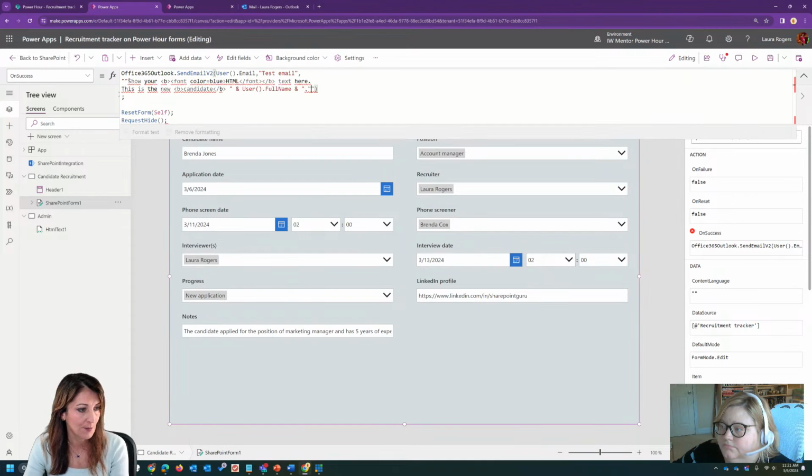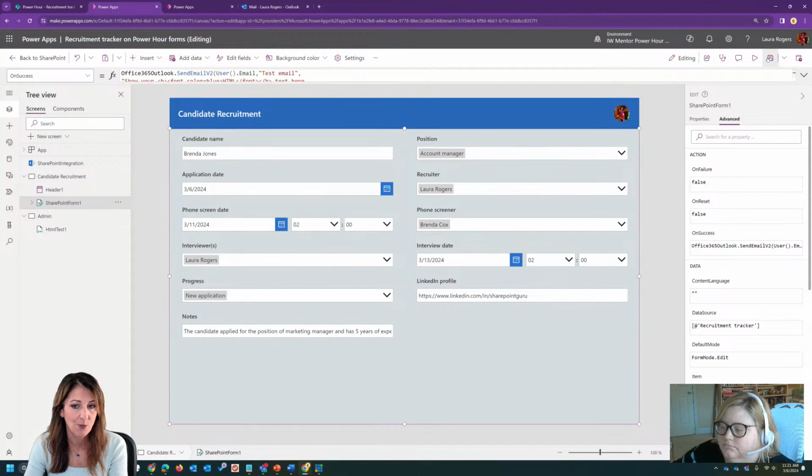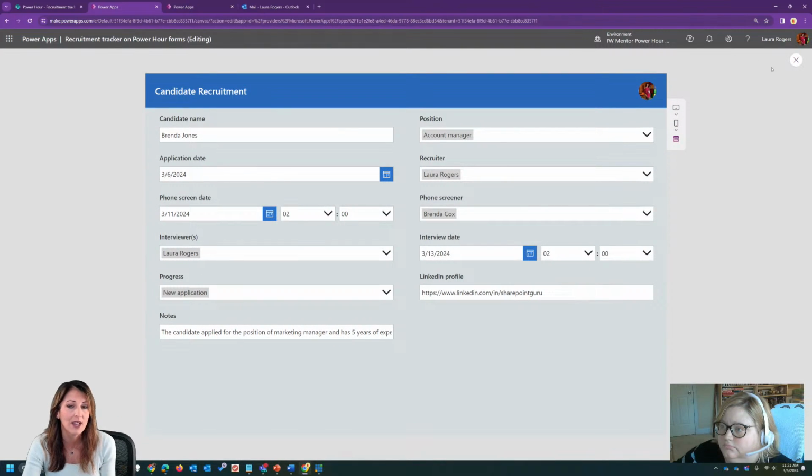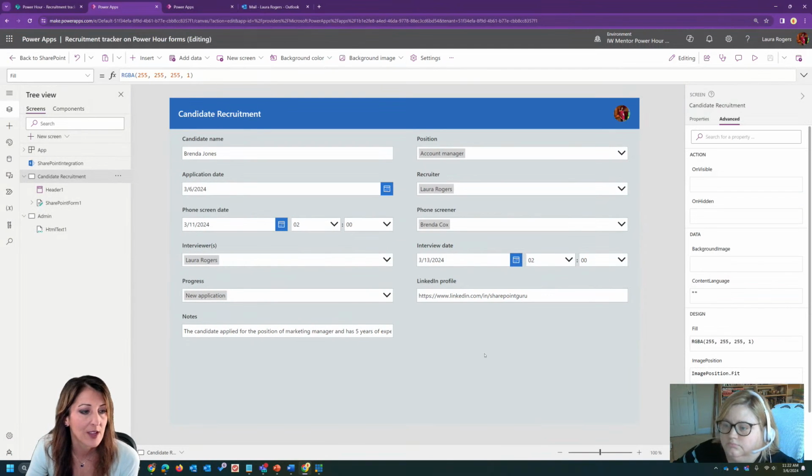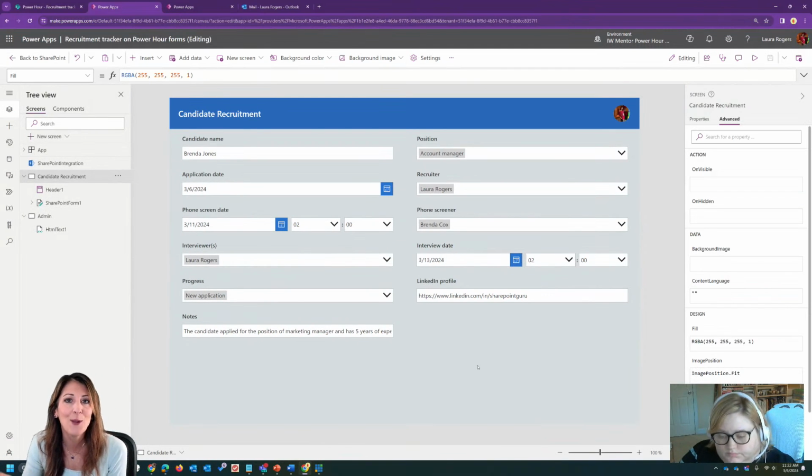Oops, got too many quotes. There we go. So now I'll go ahead and submit a form. The problem with this when I'm testing it is that if I preview it and try to submit a form, it's not going to have any data. Let me see if it has any data in it. Okay, at least it's got something in there. That's the problem with submitting a form when it's a customized SharePoint list: